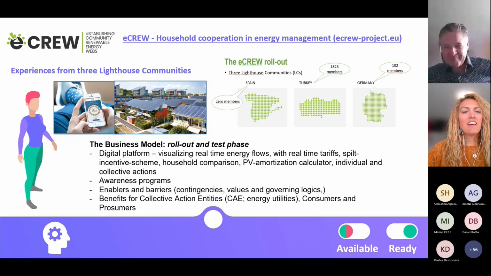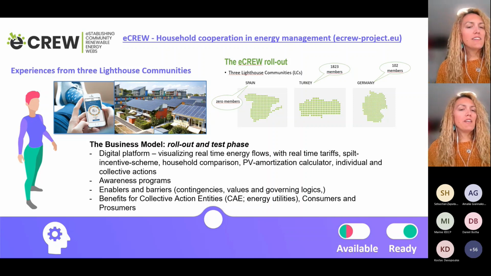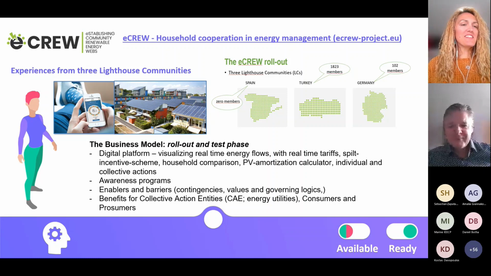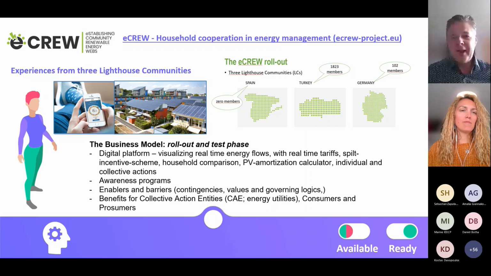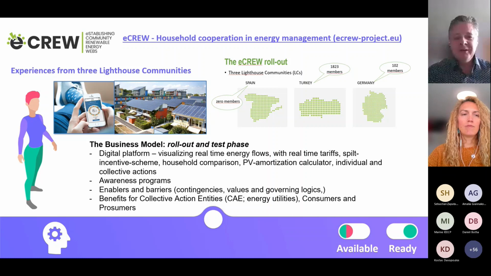Thank you very much. And Johannes, what does it mean that the tool is half available, half not? Because I see that on the bottom of your slide, it's partially available. What do we mean by that? Thank you very much for this question. The digital platform, for example, is already all the way through available, and we can work with it, whether Andrea is in this case the energy retailer using this digital platform, or we can also implement that without the retailer as a center of the energy community, creating this digital energy community.